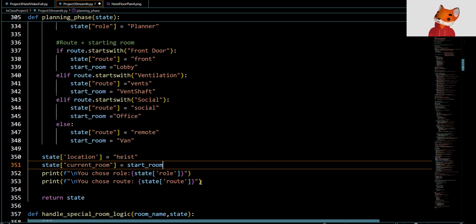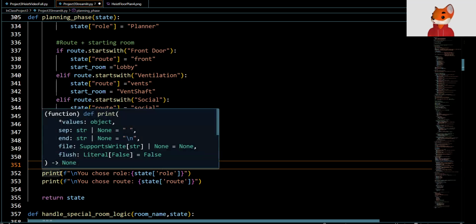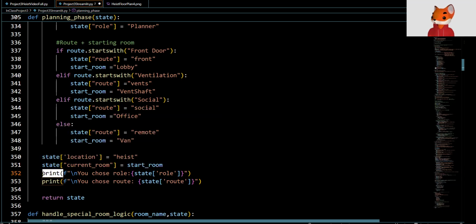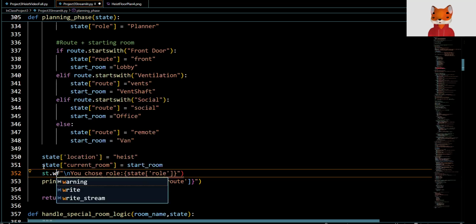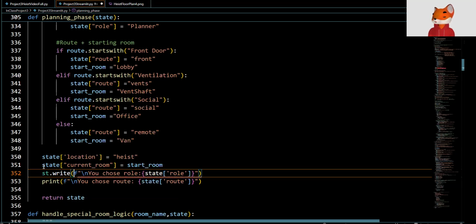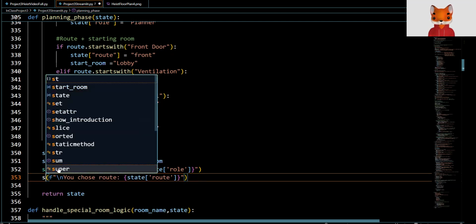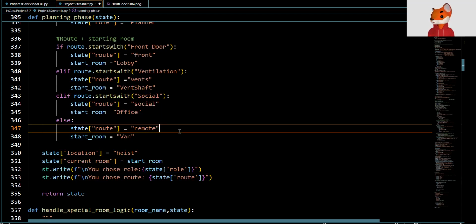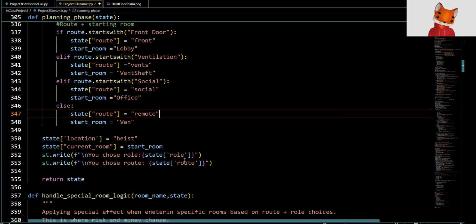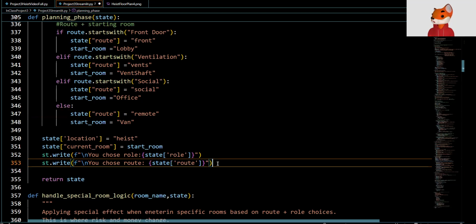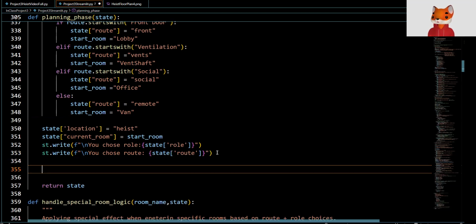And then you can keep the prints if you want to be able to see this, or you can even do st.write if you would like, which we can actually do if you'd like. So st.write. All right. And then the very last thing we're going to do, and this is just to prevent you from having,